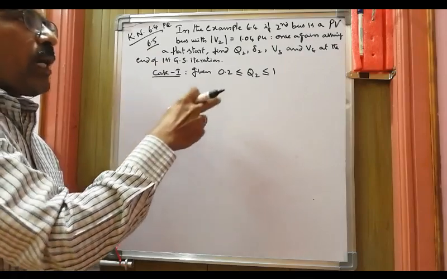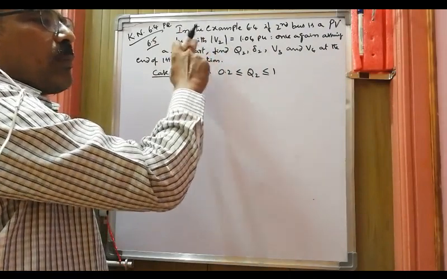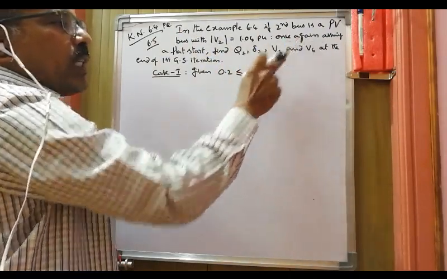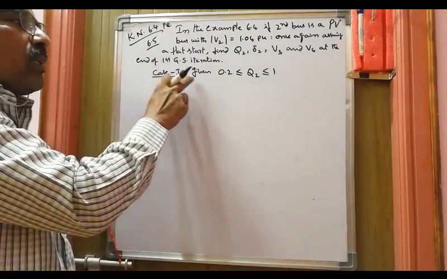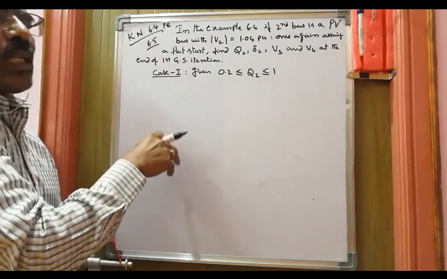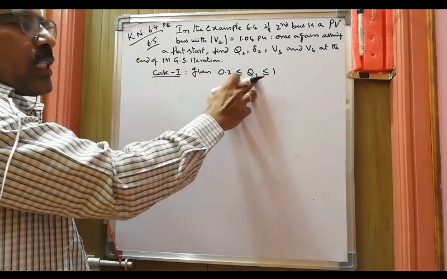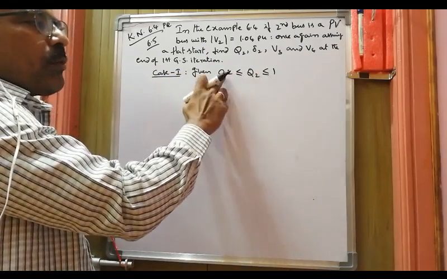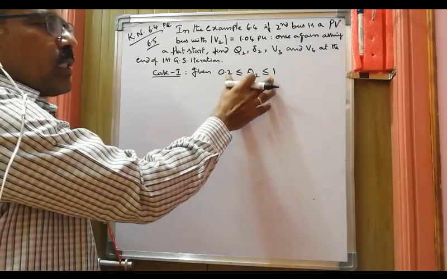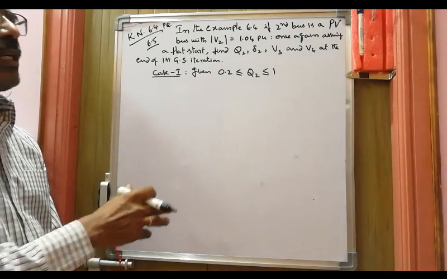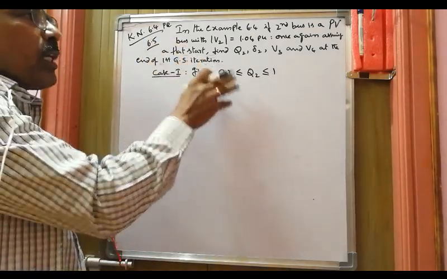Now we need to calculate at this second bus what is Q2, delta 2, and at the remaining third and fourth buses V3 and V4 as usual. And once it is a PV bus, in case 1, there is another extension to the same problem. In the first extension, given the constraint that Q2 lies between 0.2 and 1, that means 0.2 is less than or equal to Q2, less than or equal to 1. This is the condition which is to be verified at the iteration. So now how do we proceed?